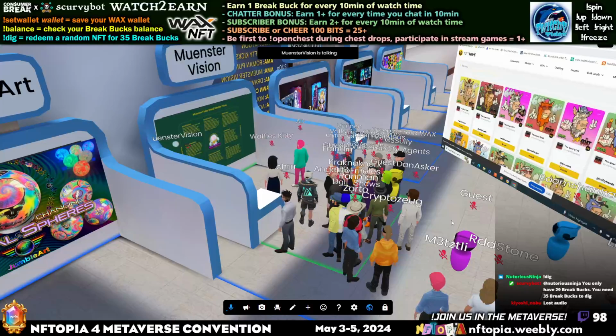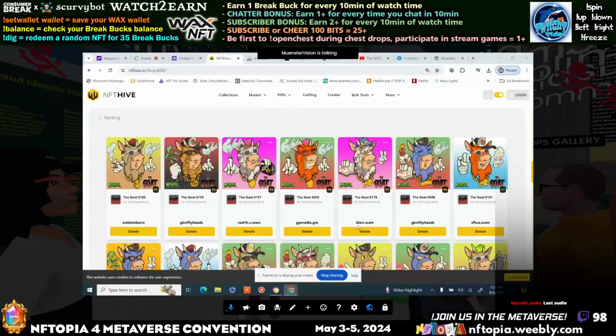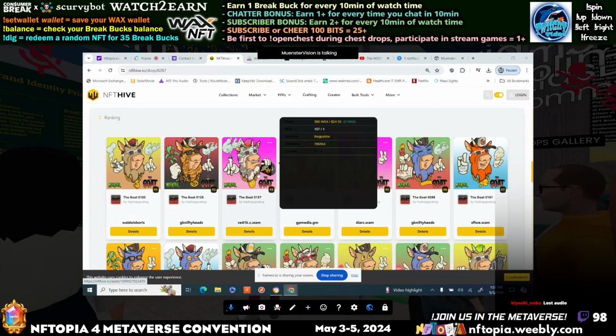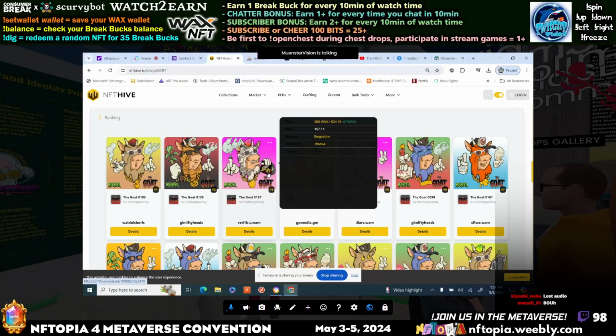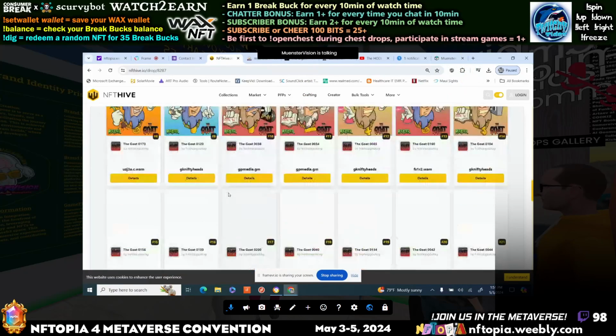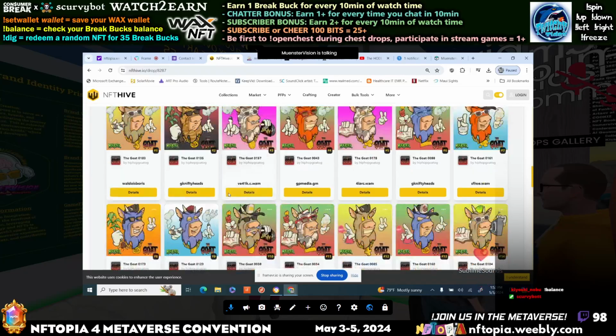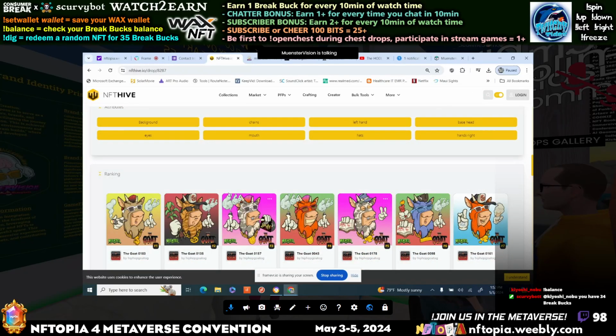The link, 30 WAX, no big deal, but I want to let you guys know that anybody that lands one of these goats with the record looking CD on it is going to get a physical copy of my album sent to them, and that's just worked in as one of the cool random golden egg ticket mint aspects of it. Coupled with that, there will be a gamified aspect to these assets at some point down the line with GraphPunks Media. We just haven't built the game out yet.